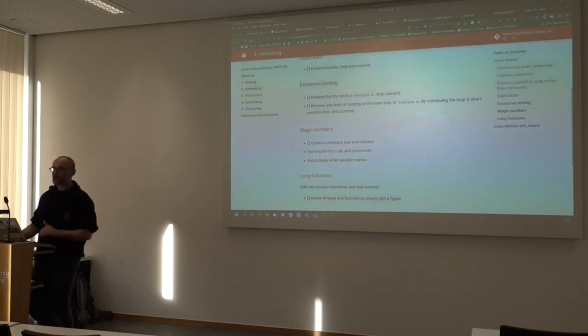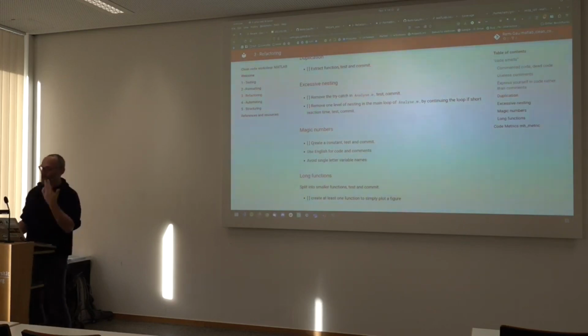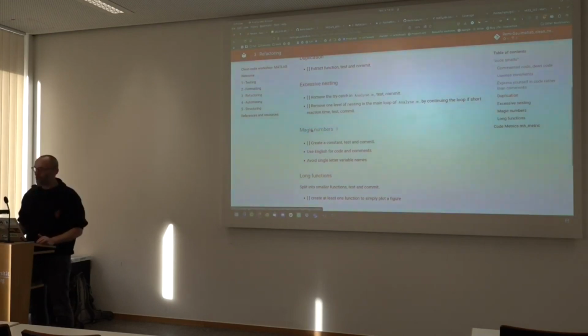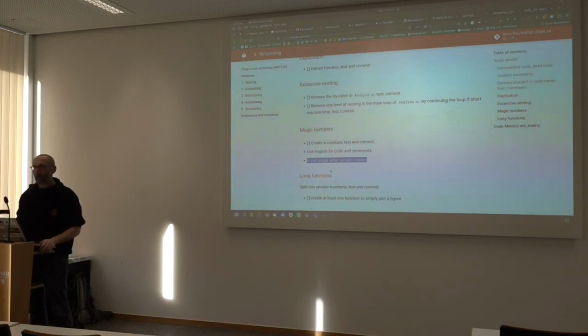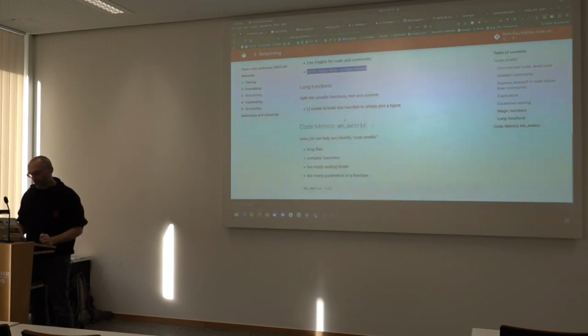So definitely, in general, try to use comments in English and code variable names and function names in English, because it will definitely make it easier in general for people to understand your code and reuse it. And also, unless you are in a very short loop of like 3 or 5 lines, avoid using just I, L, M, and N. Give your variables names that are a bit longer and very explicit, because otherwise it gets very confusing.